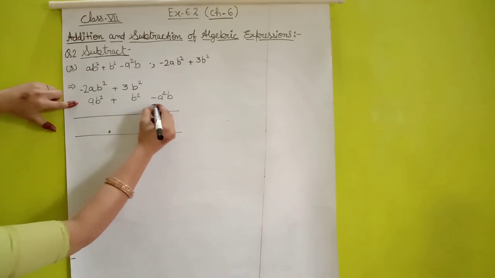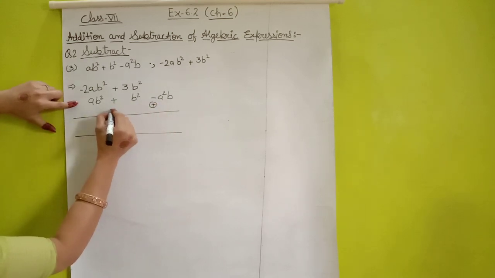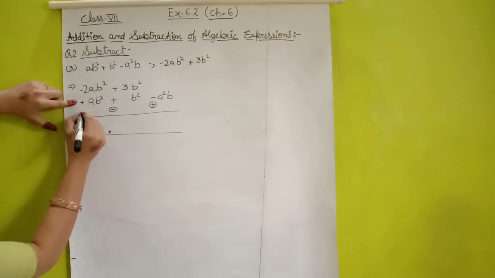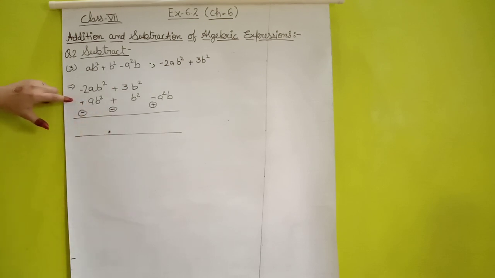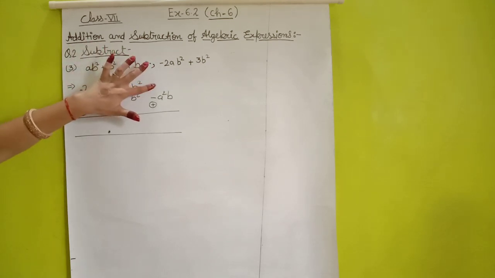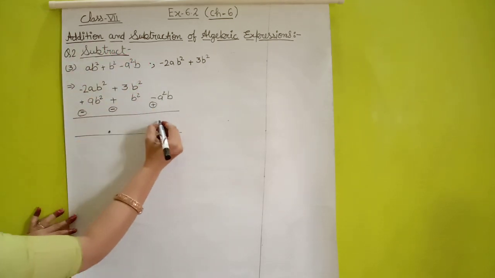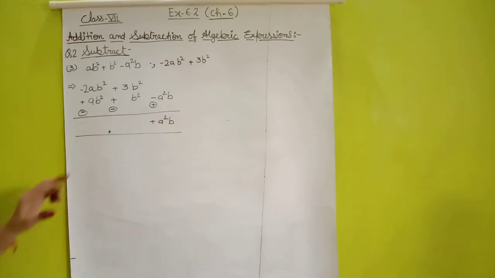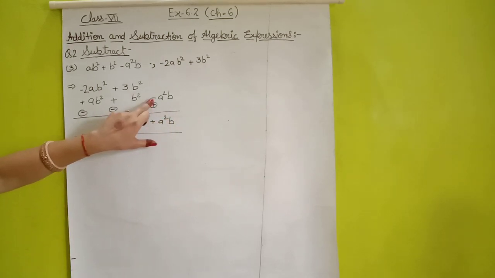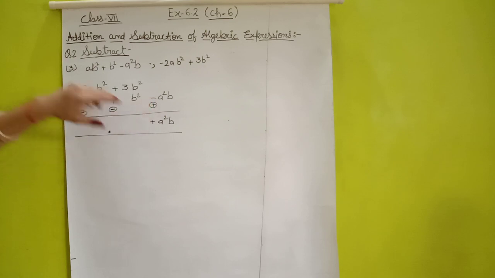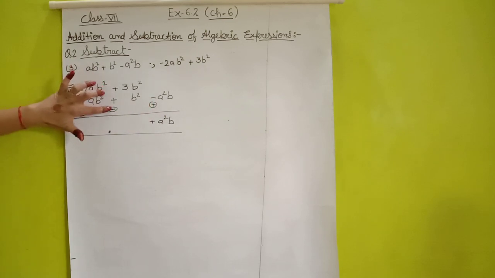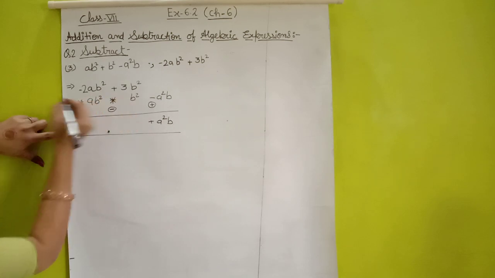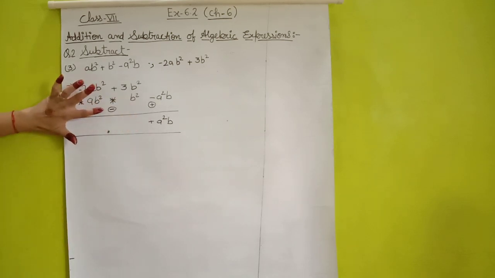Minus sign, it will be plus sign. Plus sign, it will be minus sign. Here also it is having plus sign now. It will be minus sign. Now upside nothing is given. So it will come as it is, a square b with plus sign. Because what is the new sign? Plus sign. So now we will ignore this old sign. Now again plus and minus. Okay, so don't consider this sign and don't consider this sign. You are having the new sign minus.